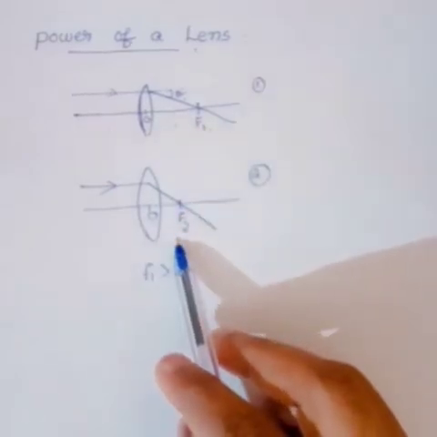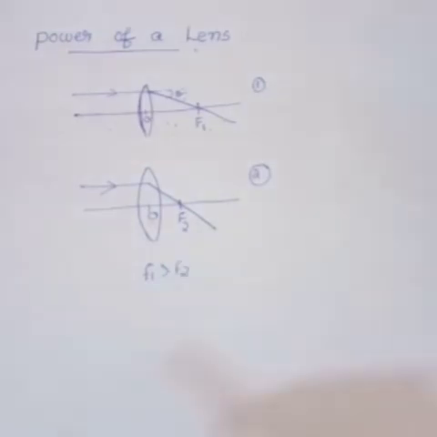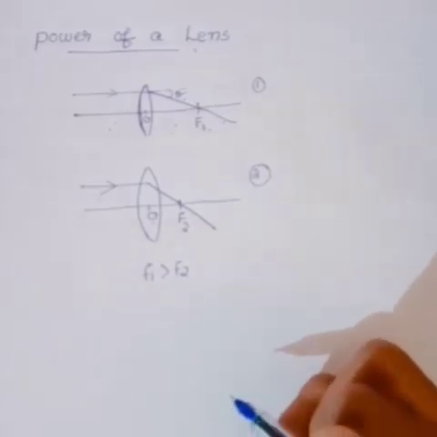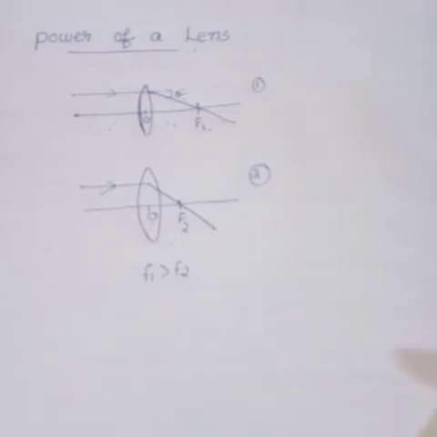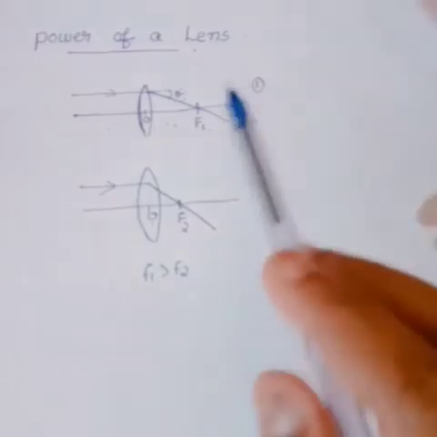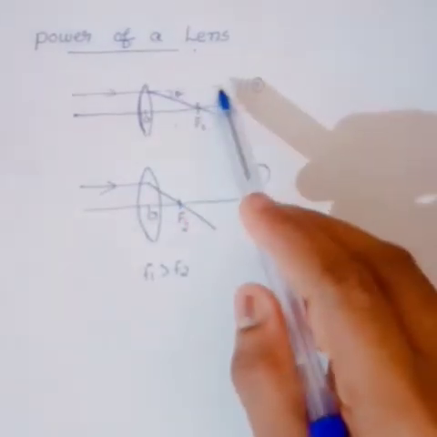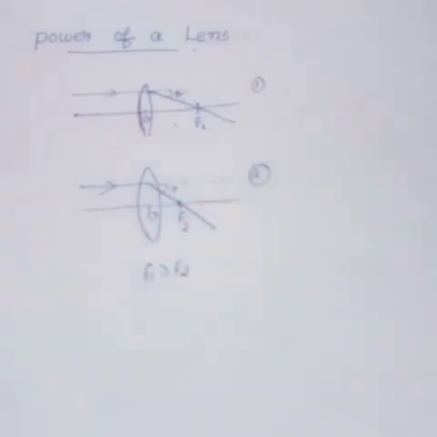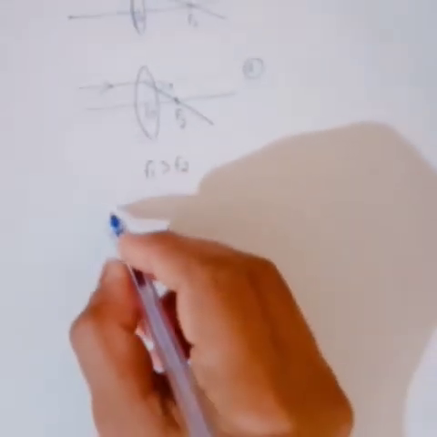So actually the power of a lens is defined as the reciprocal of its focal length. So what is the power? Power of a lens is defined as the reciprocal of its focal length. The degree of convergence or divergence of light rays achieved by a lens is expressed in terms of its power. Okay. Convergence means when you draw a line, then this is the degree of convergence. So how can it be represented as power?